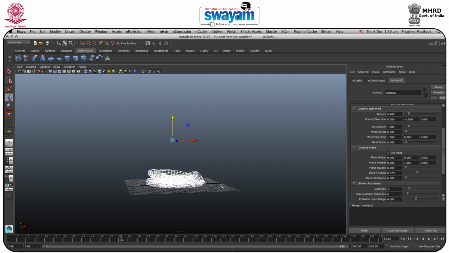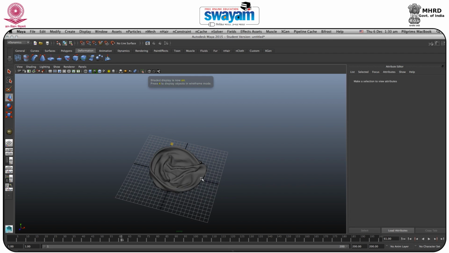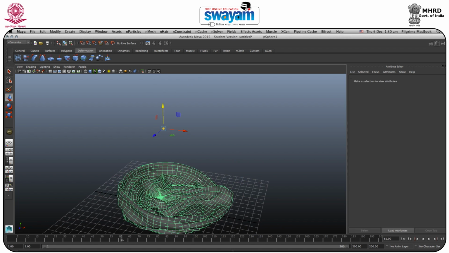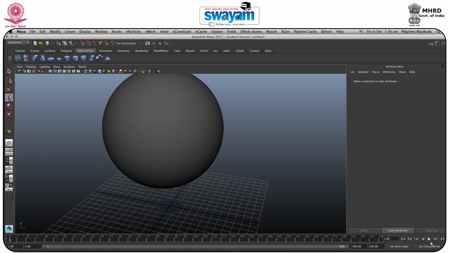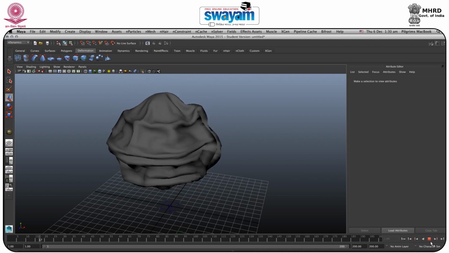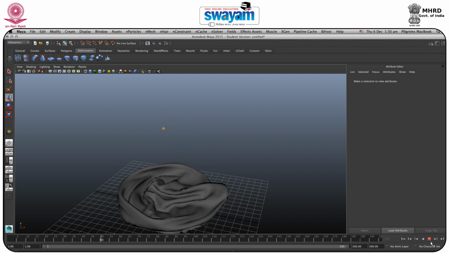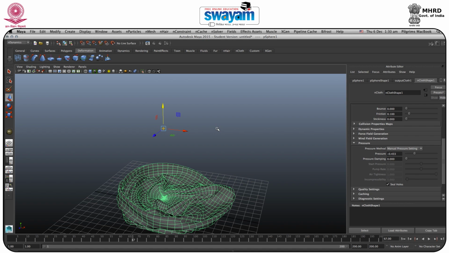As you know, I am making a balloon, so I will press 5 for the smooth view. I need my balloon to start from this position. If I go here and just play, I need my balloon to start from this position and blow, and after that float in the air. So what I will do is go to